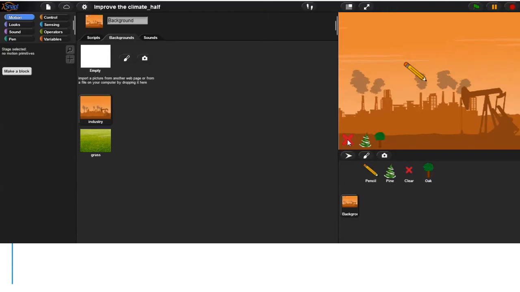When it is clicked, the old drawing will be cleaned from the stage. Also, you have pine and oak.